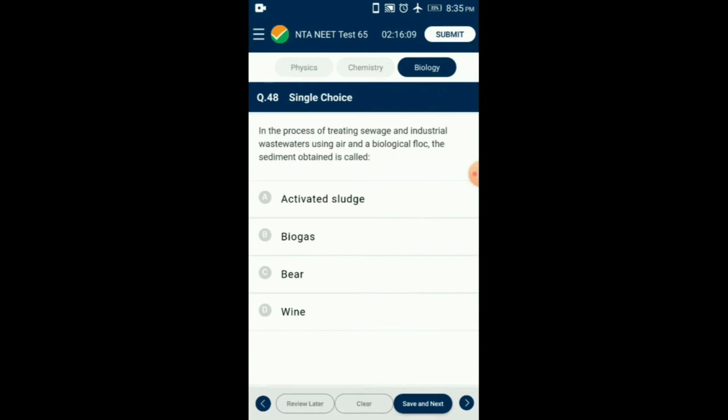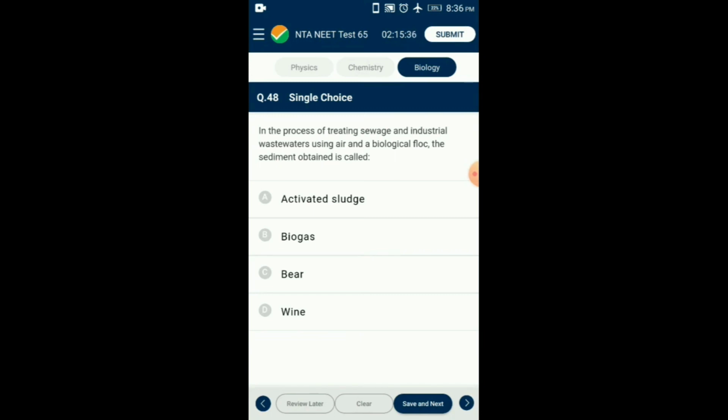Question number 48. In the process of treating sewage and industrial wastewaters using air and a biological fluid, the sediment obtained is called? Sewage mixed with bacteria and fungi that thrive and multiply in it leads to oxidation. Activation reduces the organic pollution that raw sewage otherwise will impose on the body of water to which it is